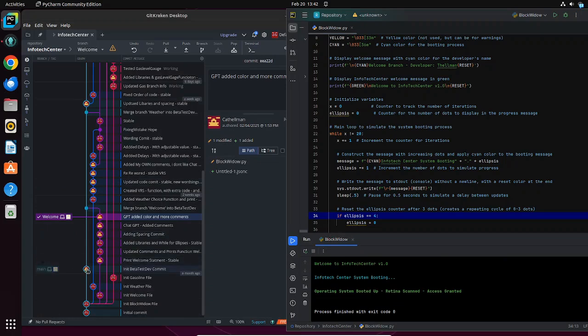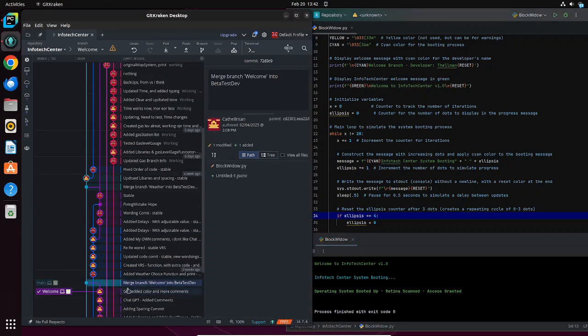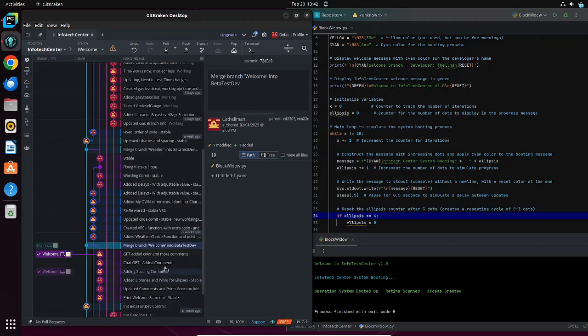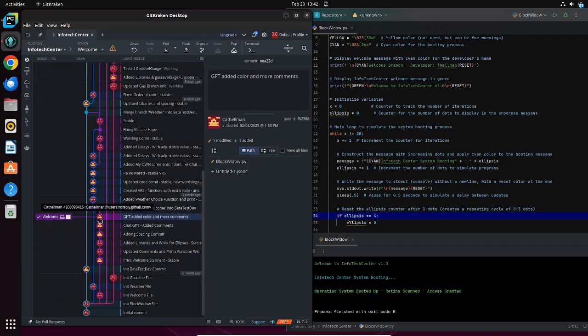After we did that, we took this and we merged it to our main branch. So you can tell by here, merge welcome. Oh, sorry, not main. We merged it into beta test dev, and then where's my beta test dev? Which line is that? Why can't I scroll? Okay, all right. So we merged that into our beta test dev, and before you merge anything into any type